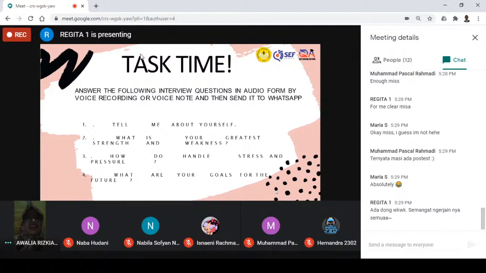Jadi ya kalian misalnya ceritain kalian daftar di mana, di posisi apa, di pekerjaan mana, boleh banget in your voice record. Kalau kalian mau spesifik ya. But if not that specific, berarti kalian cuma ceritain diri kalian sendiri. It's fully for the best of you, the best answer you have. The post test, the maximum time you should